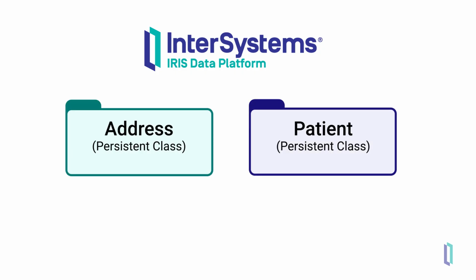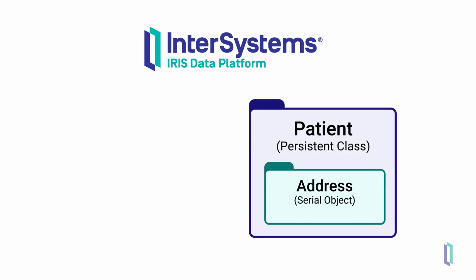In InterSystems IRIS, you can use serial objects to model reusable, structured data that is stored directly inside a persistent object. Instead of creating a separate persistent class and table, serial objects allow you to embed related data directly within the parent record. In this video, you will see when to use these objects and learn how they appear in